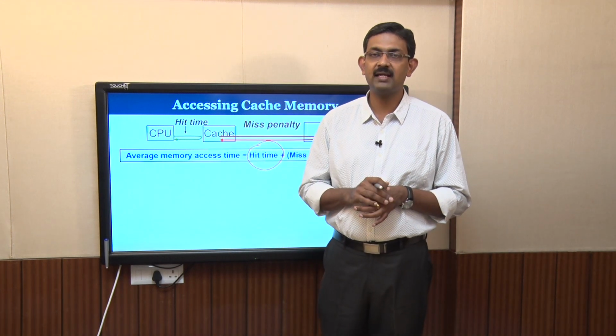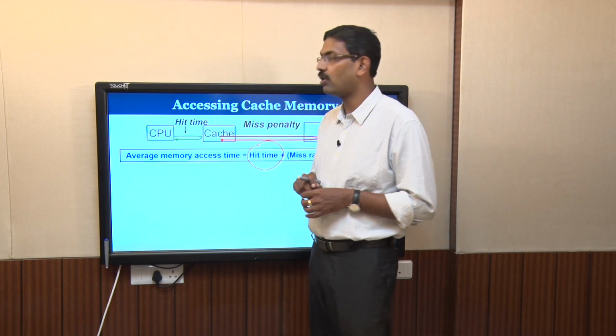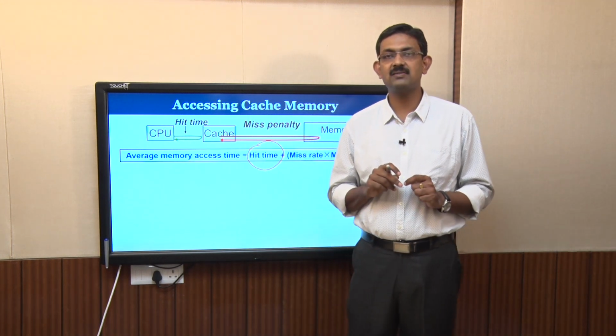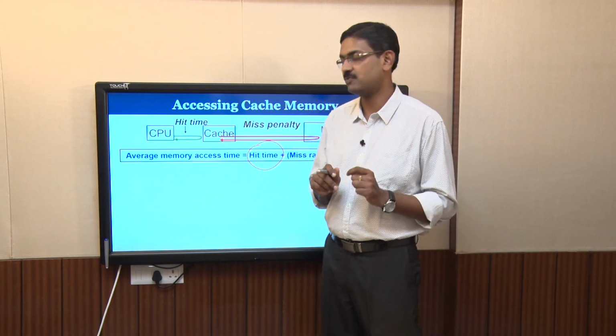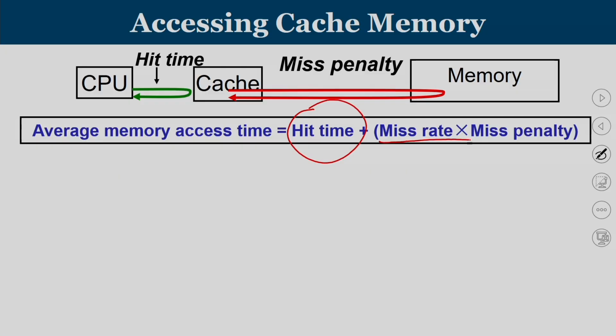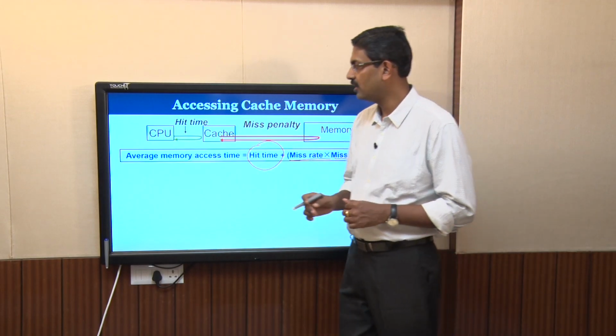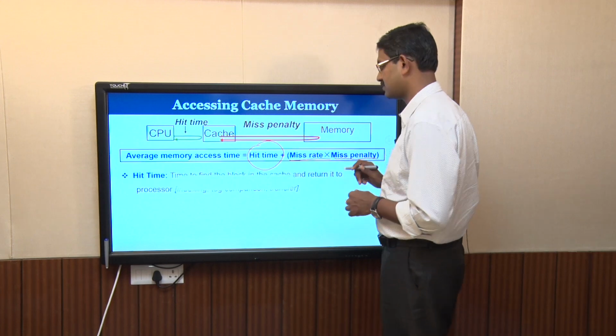So, whether it is a hit or a miss, hit time will always be there for every memory access. Now, there are certain memory accesses which may be a cache miss. So, the fraction of time it is a cache miss, that is the miss rate, into the miss penalty, the number of cycles. So, in all the cases there will be hits, in some cases there will be misses, and the miss penalty will be computed in those cases in order to compute average memory access time.